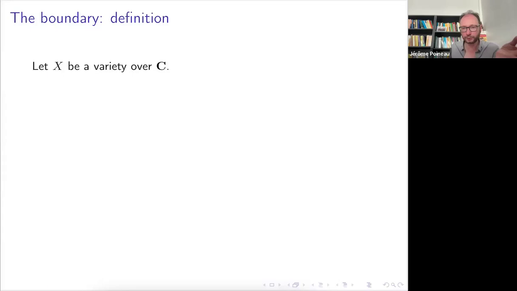So let me first define the boundary. I give a definition here, maybe with not so much definition. The thing is that this definition appeared before, especially in the work of, so there's a letter from Berkovich to Drinfeld. That's also some work of Thuillier. So some people were there, and okay, maybe they didn't exactly phrase it like this, but it's clear when you think about the problem this way that this should be the boundary. So here is the definition.